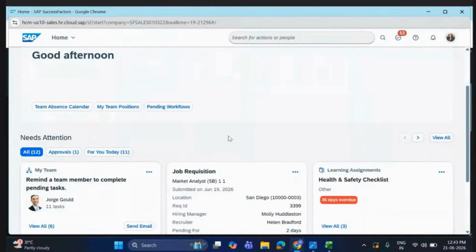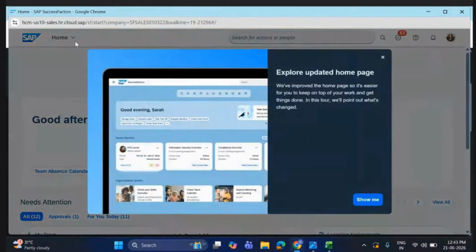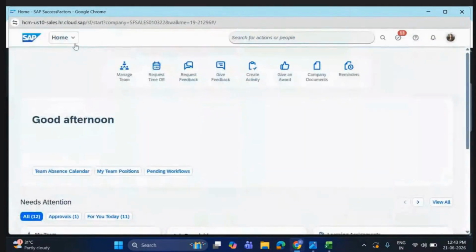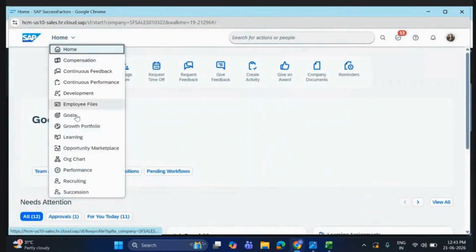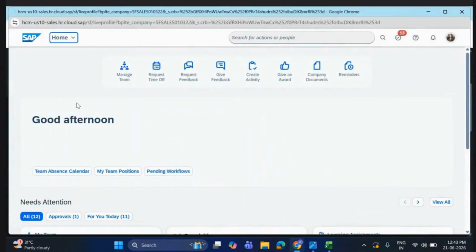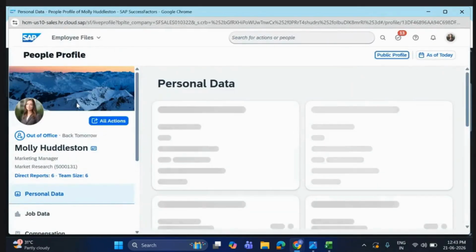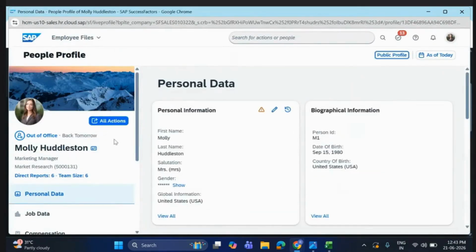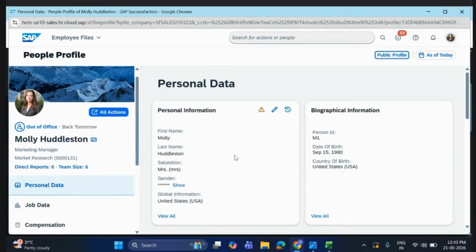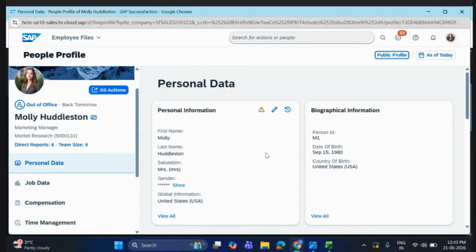Go to employee profile, employee files from home. Just find who's the manager, from where you will get that information. Who is Molly's manager?